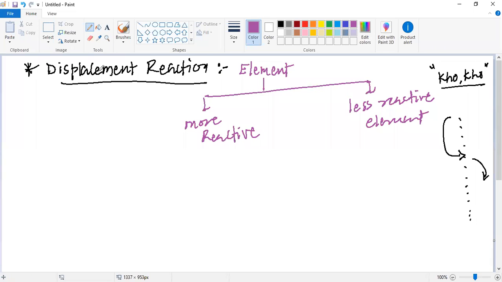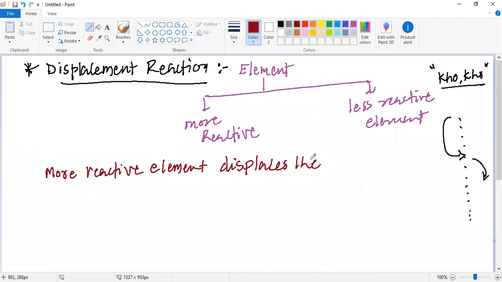During a displacement reaction, the more reactive element displaces the less reactive element